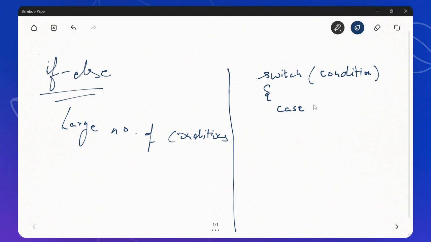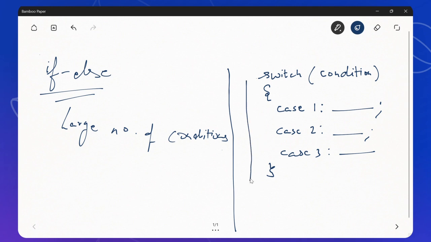For example, if possible values are 1, 2, 3, I will write case 1, then colon, then the statement that should happen if case 1 is true. Then case 2 colon, then the statement for case 2, then case 3 colon, and then we close this switch block. So this is a sample of how we write switch case.